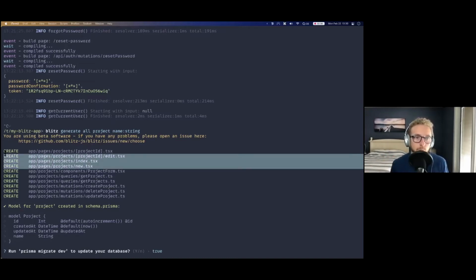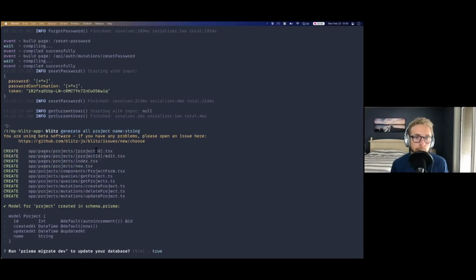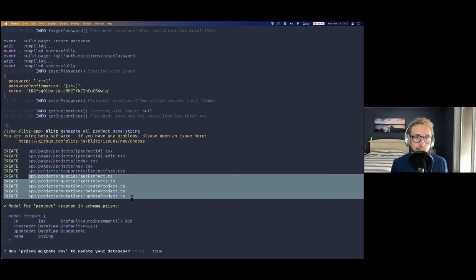So those four actions each have their own page. So projects index, projects new, projects show page, which is just a single ID, and then the edit page for that project. It generates a form, and it generates your queries for those four actions. So in this case, it's actually five, because you want to get a single project or get a list of projects, and then create, update, and delete.